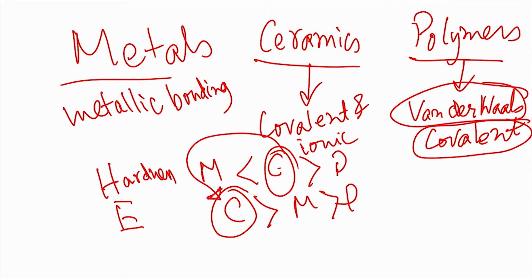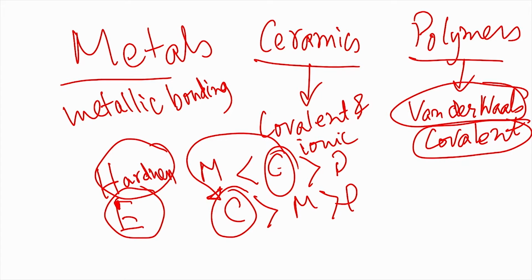Now, friction and wear do not depend only on hardness or elastic modulus; they also depend on the chemistry of the surfaces, like the chemical composition of the surfaces. Therefore, hardness or elastic modulus cannot be considered the sole parameters for determining the friction and wear of a particular mating couple.